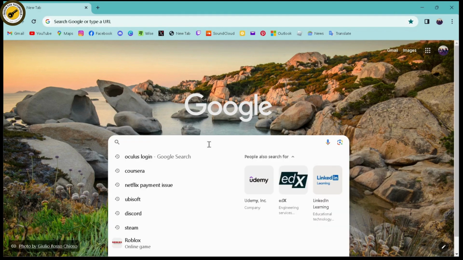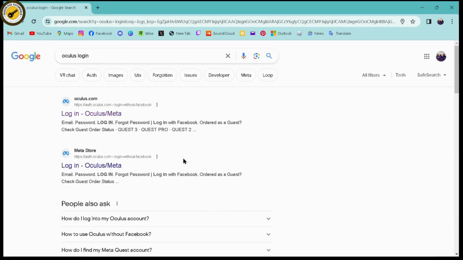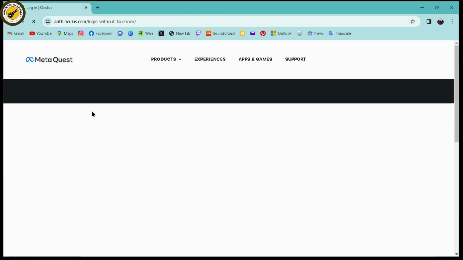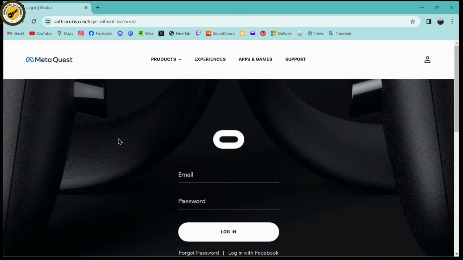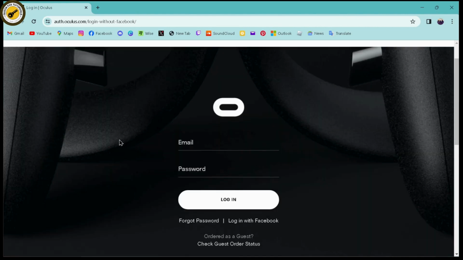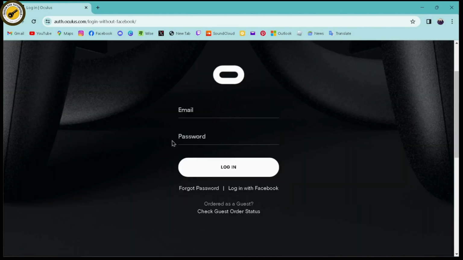Simply go to the search bar and you can search for Oculus login. And once you search, here you will have Oculus login on the first result, right? Oculus.com. Click on the first search result and it will take you to the Oculus site. So if you have not created your account, then you can scroll down